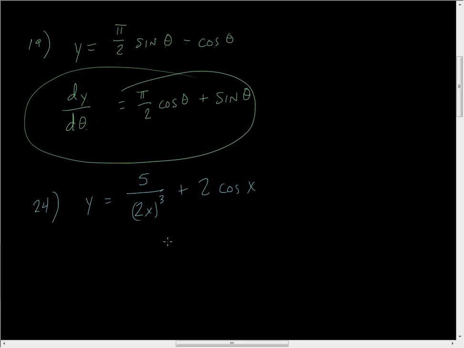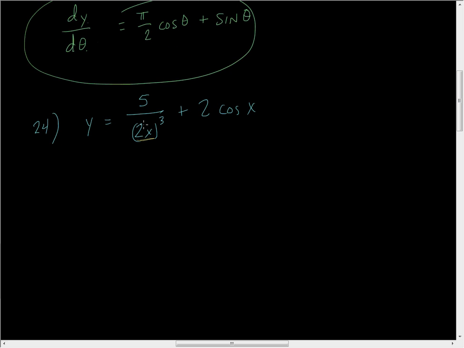Okay, now here's something we haven't really discussed before. We have a thing inside. Now before you go off and start trying to work on this, it is not going to work the way that you think it might. There's a special rule that we're going to learn here in a couple of sections called the chain rule that will help us deal with things like this. Right now, though, we can distribute that power of 3 so that we have y is equal to 5 over 8x cubed plus 2 cosine x, so that when we take the derivative, y prime, we are going to take